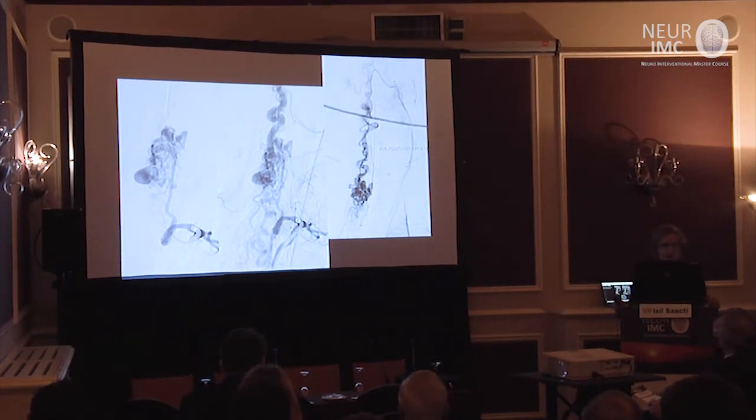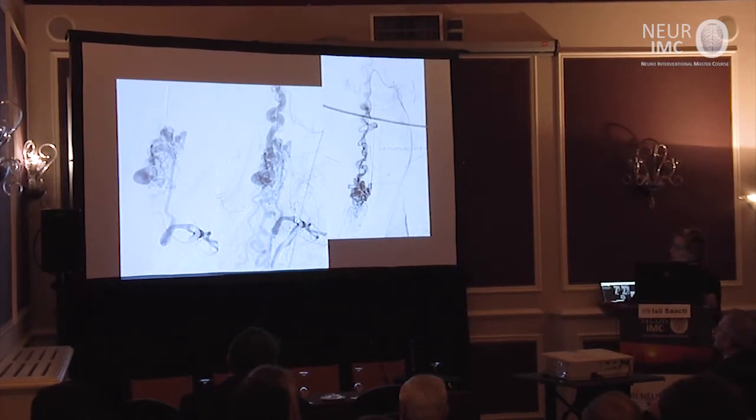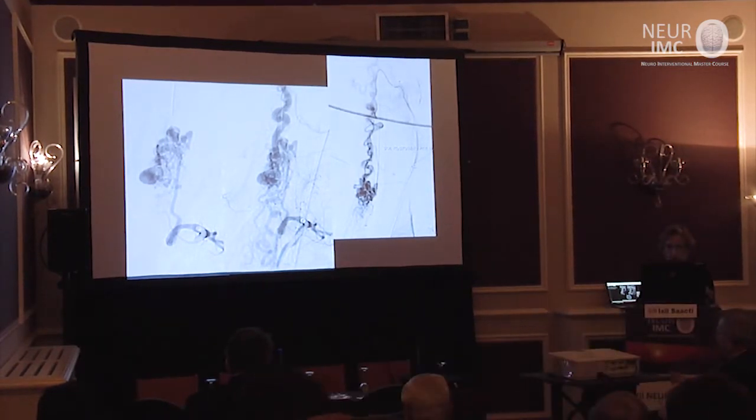The patient had urinary and gait retention. So, a very terrible situation for a 10-year-old. She has this intramedullary spinal AVM fed by the T4 radiculomedullary artery coming off from T4, and also the radiculomedullary artery coming from the costocervical artery. It has an aneurysm, and the anterior spinal artery is feeding the